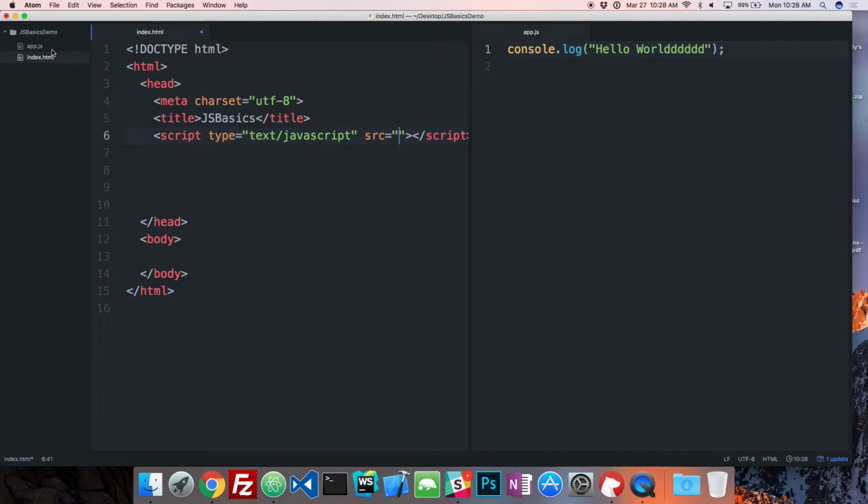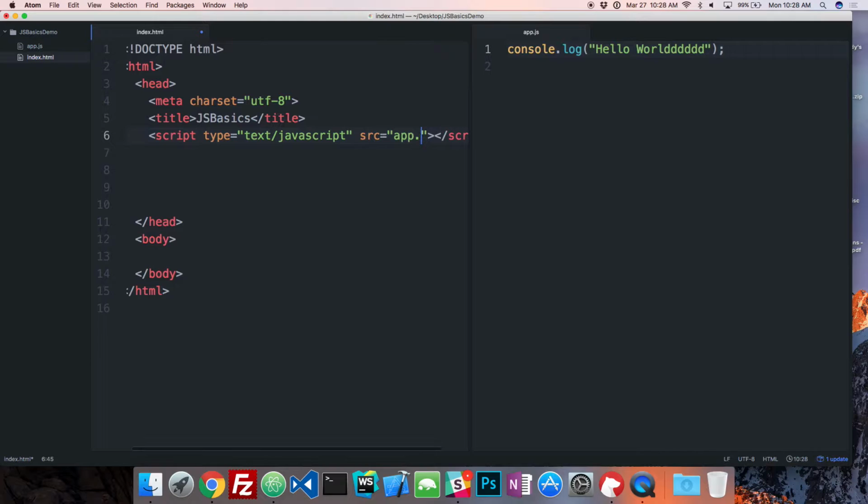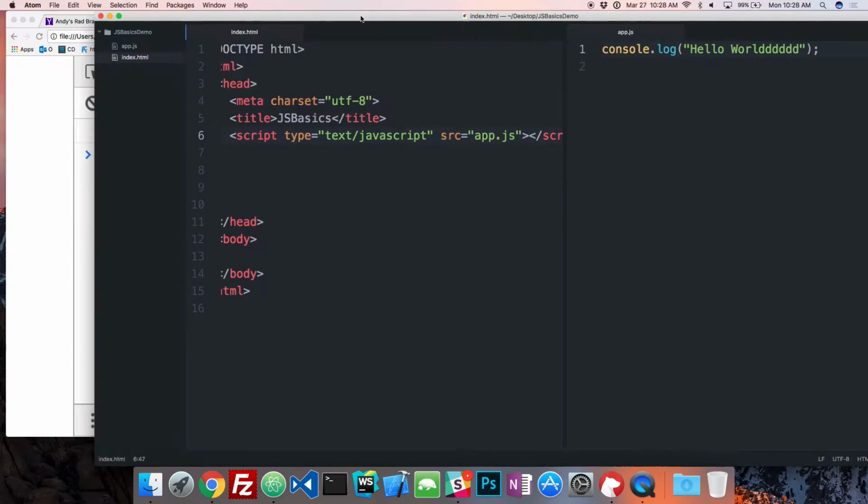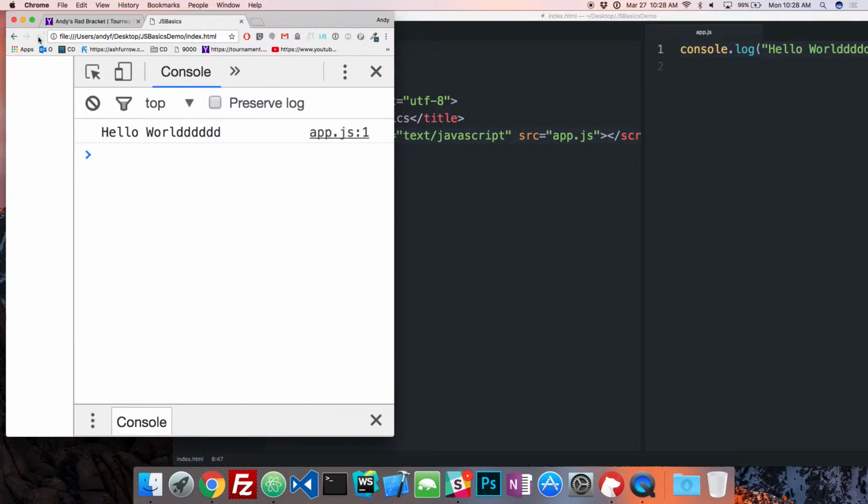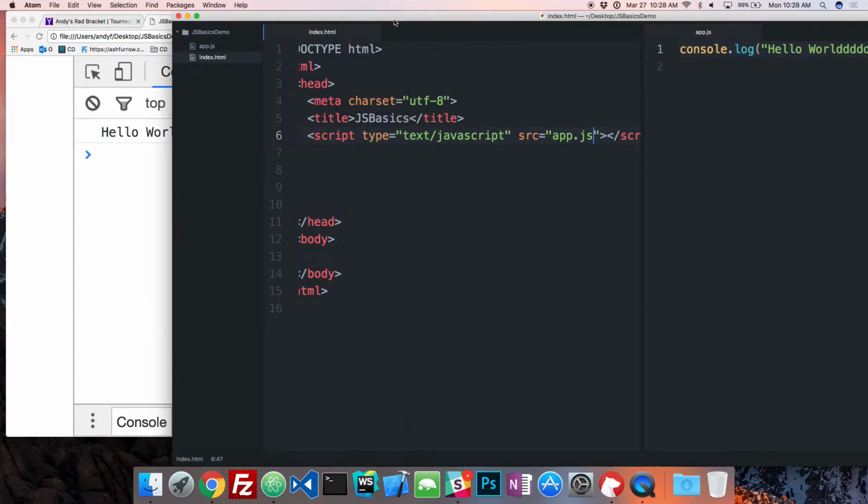So in this case, the path is directly in the same directory called app.js. So we're just going to put app.js here, right? Now, let's see if it worked. Let's go refresh this. There we go. See, app.js line 1. So Google Chrome will actually tell you which line this guy is console logging on. So it's really good for debugging, all right? Cool.